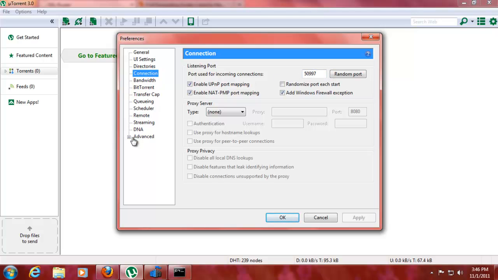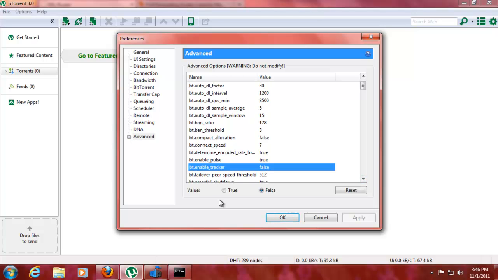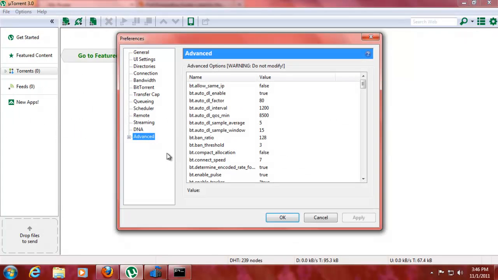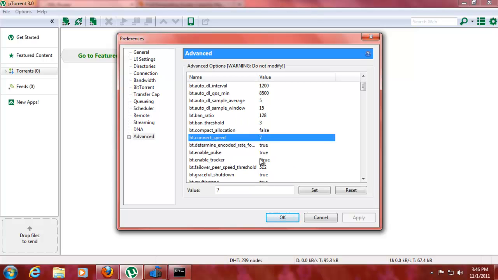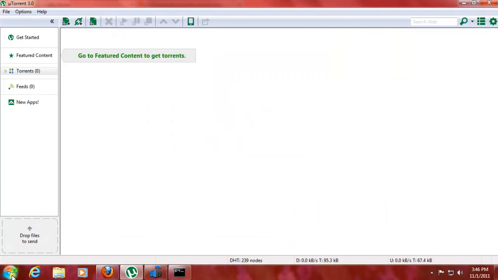But if you go to Advanced, there is an option here called bt.enable_tracker. You need to make that true, so true, and I'm going to say OK. Verify that it is on true right now. Yes, that asterisk in there shows that it's a modified value. Normally it's on false. What does it mean? Well,